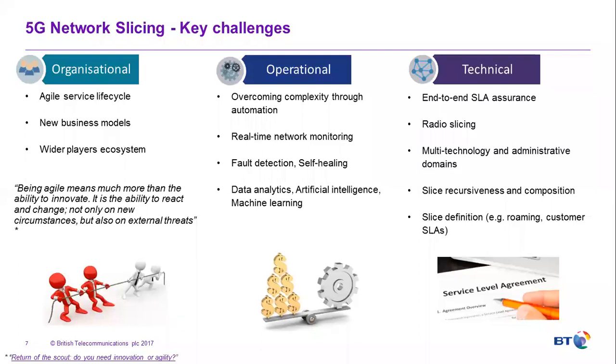And that means orchestration across multiple technologies, multiple administrative domains, and we may need to compose a slice out of multiple sub-slices, and potentially those sub-slices may in turn be composed of other sub-slices. And that's what we call recursiveness. At the end of the day,